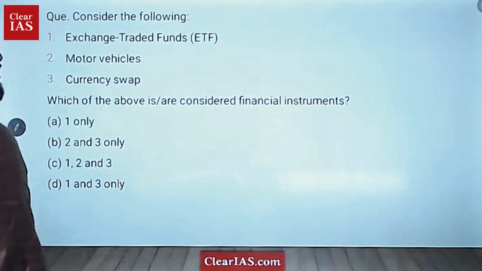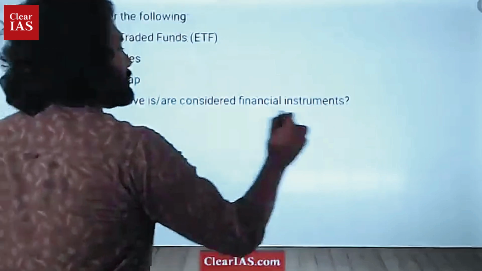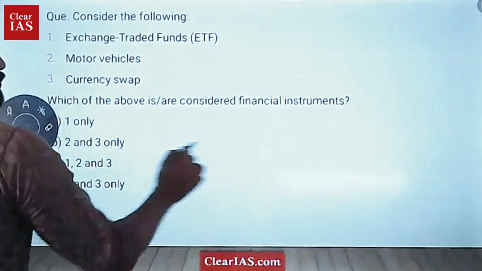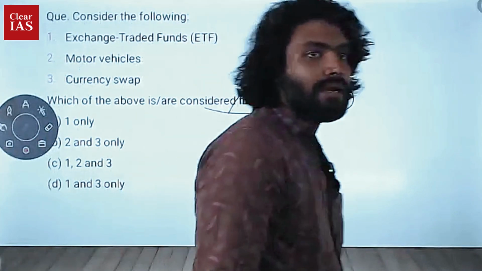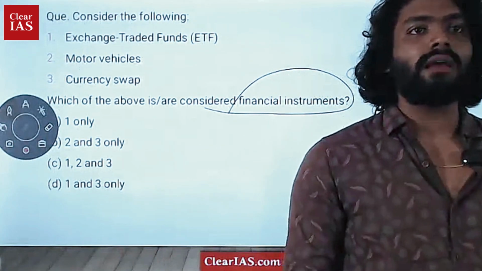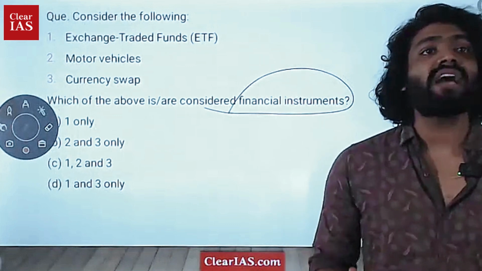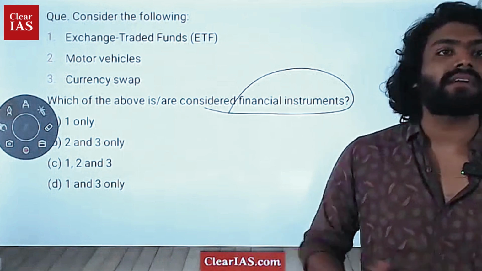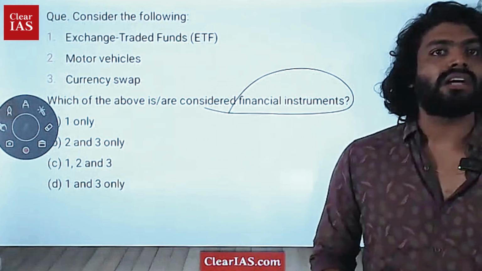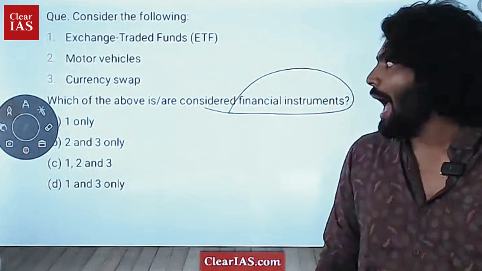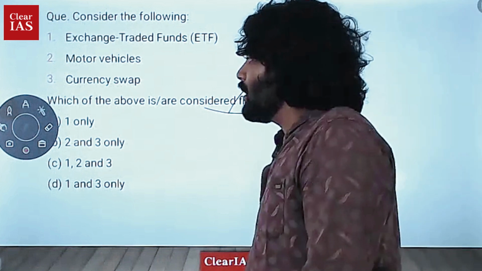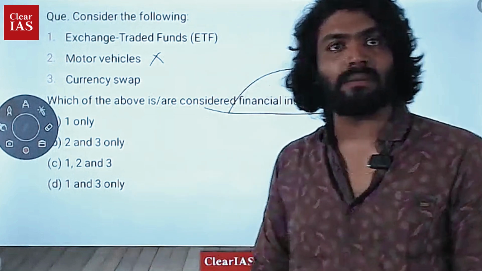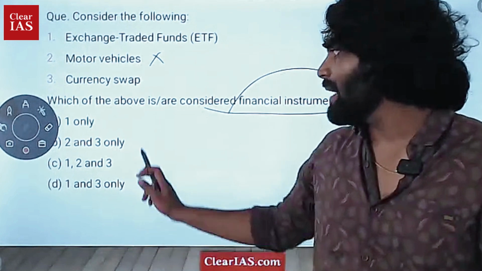Consider the following statements. Which of the following above are considered financial instruments? A very simple question. Go back to the basics. What is a financial instrument? A financial instrument is something where there is a transaction of finances. Money is being transacted, not goods or anything. A loan, a stock, these are all financial instruments. And motor vehicles is actually not a part of a financial instrument. So eliminating 2,